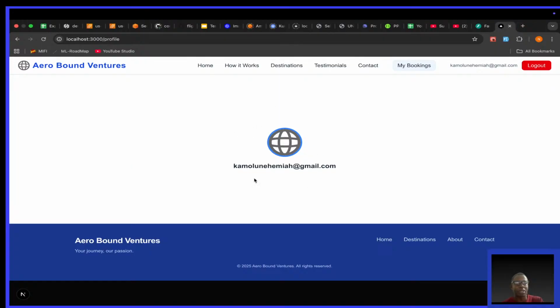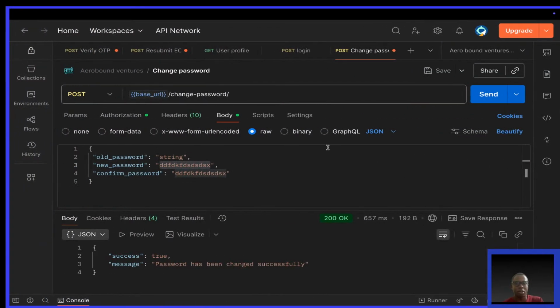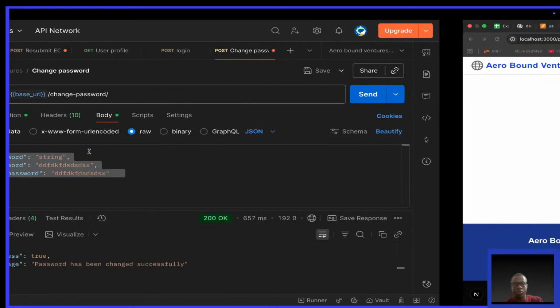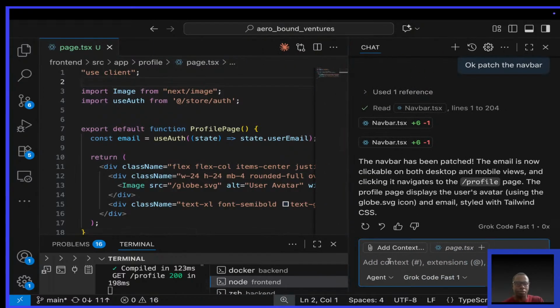So let me just create a password form. A form here to allow someone to change their password. So to do that, I will say, create a nice, well-designed form